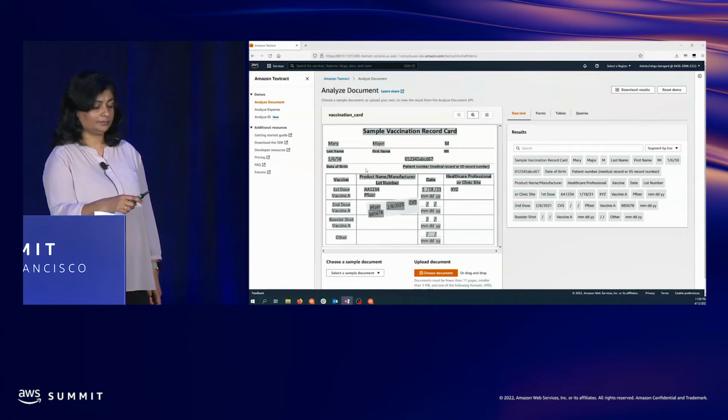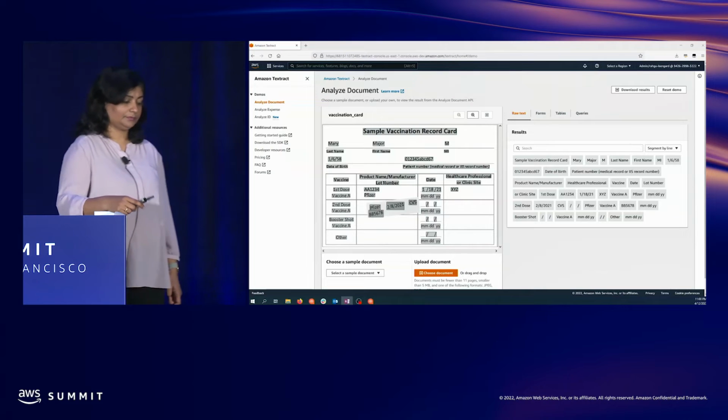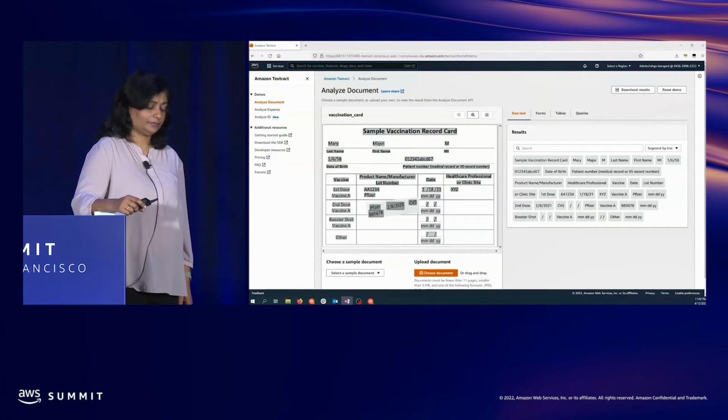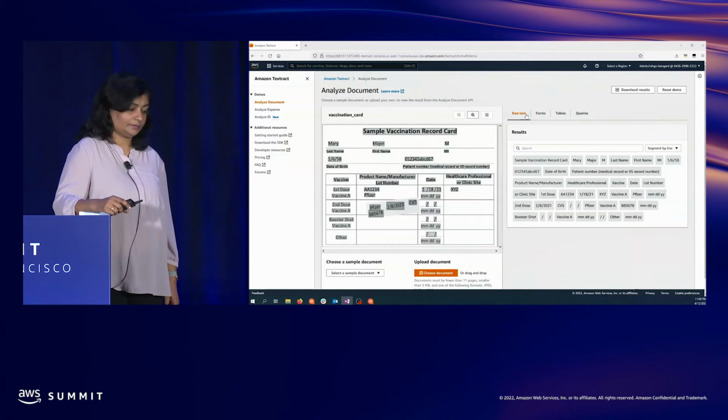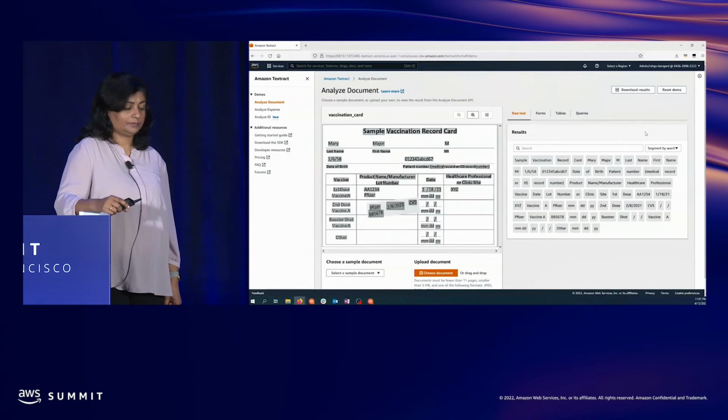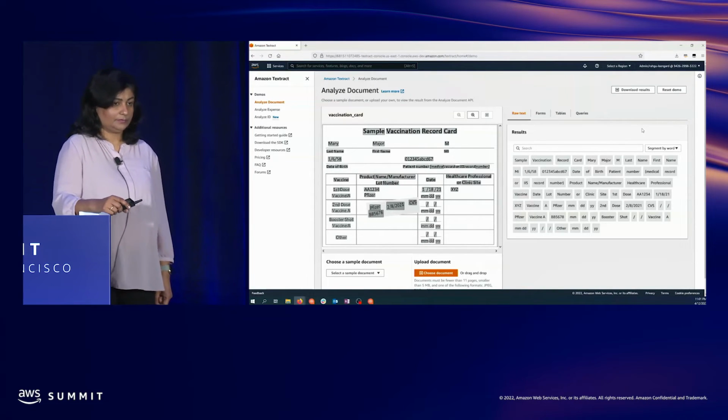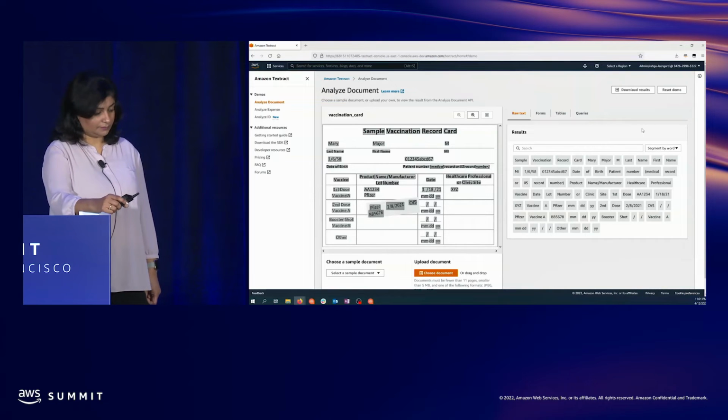To see queries in action, let's begin by taking the example of the sample vaccination card I have up on my screen. First up, you'll notice that under the raw text tab, Textract is already able to capture the text or the raw OCR output from this card, which you can segment at the line or at the individual word level, as shown here. You will notice that we accurately capture not just the linearly aligned text, but also slanted text, as is captured in the second dose sticker that has been applied at an angle on top of the